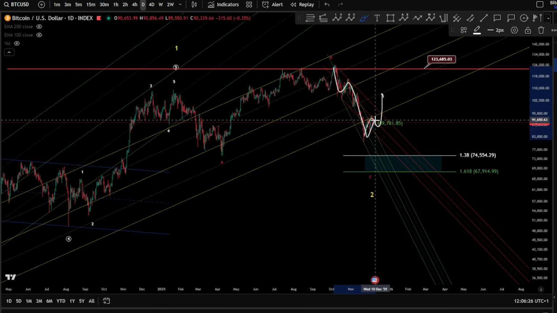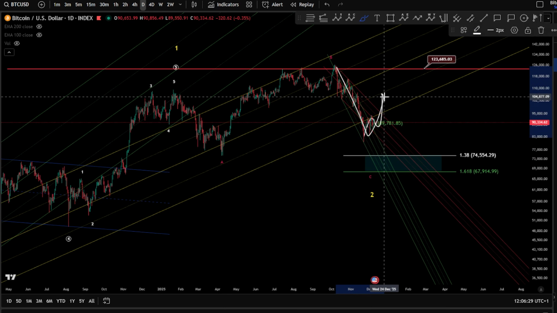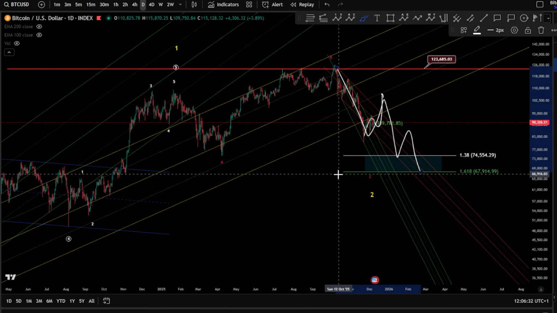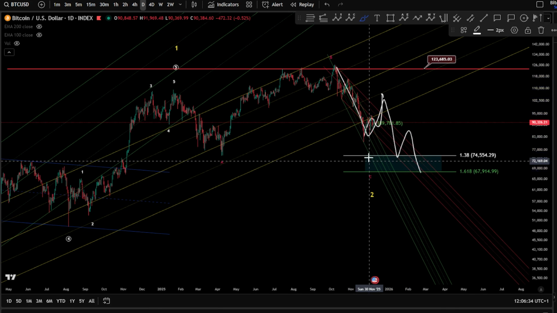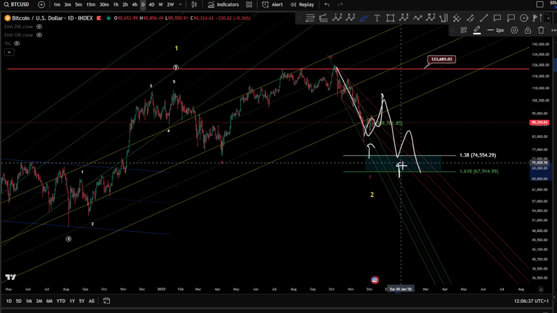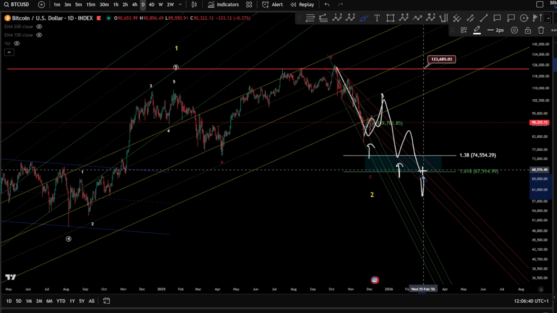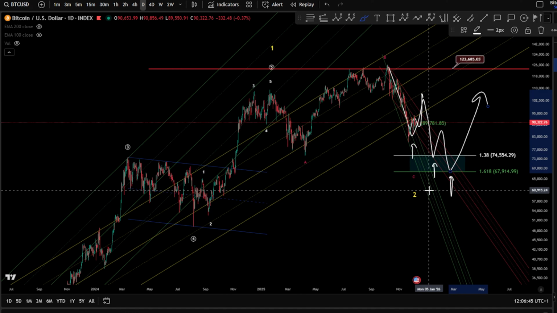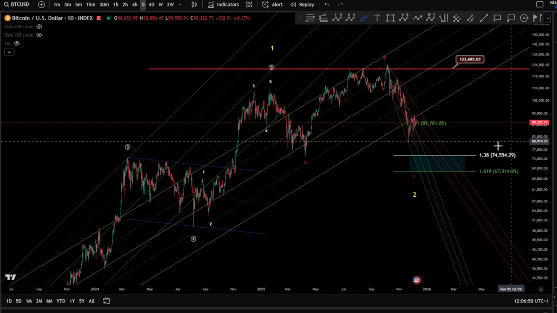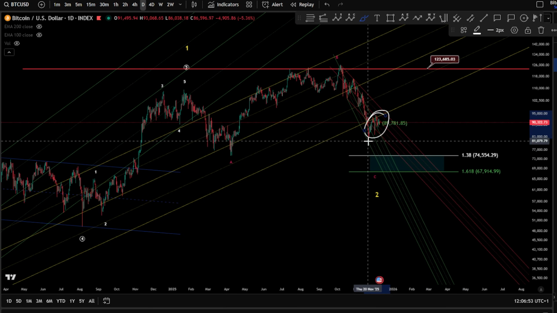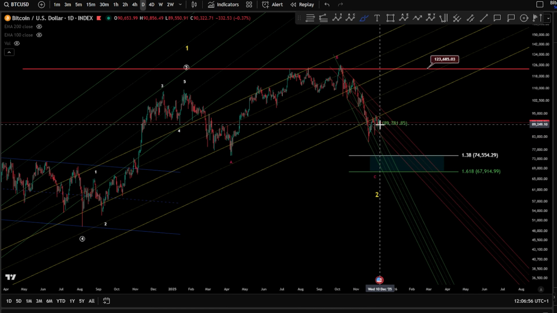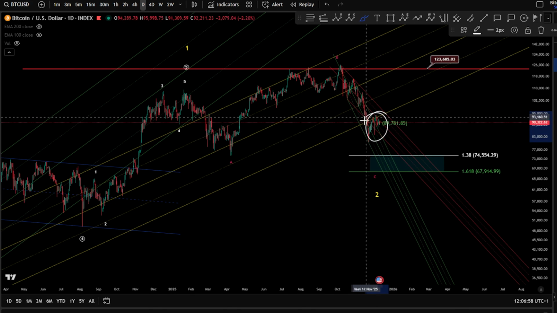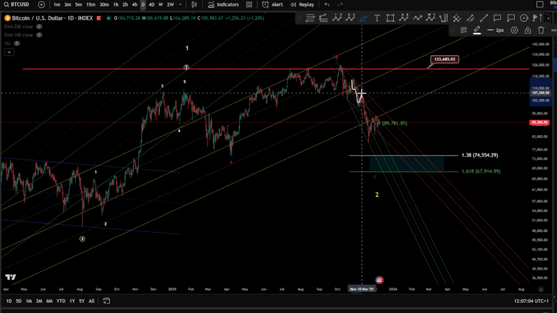Rather than a huge impulse toward the downside, it might transform into an ending diagonal here, changing the psychology, meaning more bulls are trying to enter the market until the target, and we see something pushing again toward the upside for a wave 2 here, a new bull run towards the 200K for Bitcoin. So this is currently what I'm looking for and what I'm expecting from the market, despite the fact that this range took a little more time than expected for a wave 2, because you are in a double 1-2 there.